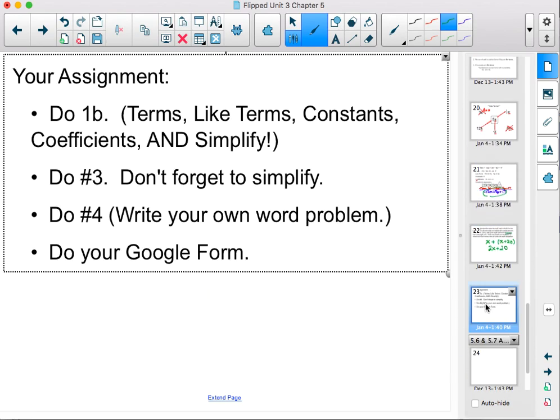All right, so tonight for homework, your assignment is to do 1B, find the terms, the like terms, the constants, the coefficients, and don't forget to simplify. You're going to do number 3, don't forget to simplify. You're going to do number 4, which is to write your own word problem, and then you're going to do your Google form. If you have any questions, let me know. We'll talk about them tomorrow. Don't forget, we're going to play a game, so you really want to